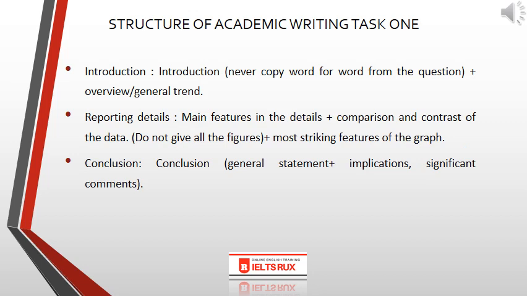In the structure of academic writing task 1, there are three most important elements. The first one will be the introduction, that how you are starting your answer. The beginning and the ending of your answer in academic writing task 1 is very important, students, because in the introduction you are paraphrasing the statement, you are paraphrasing the question, and the most important thing in this is that we don't have to copy word to word information from the question. Instead, the examiner will check our capability and our creativity, like how we interpret the question, how we paraphrase and use more and more synonyms in the answer.